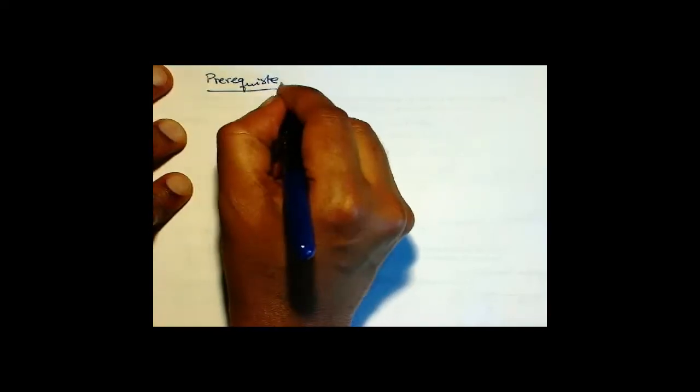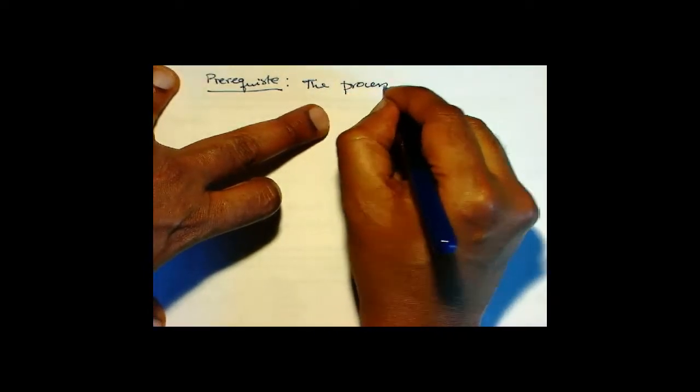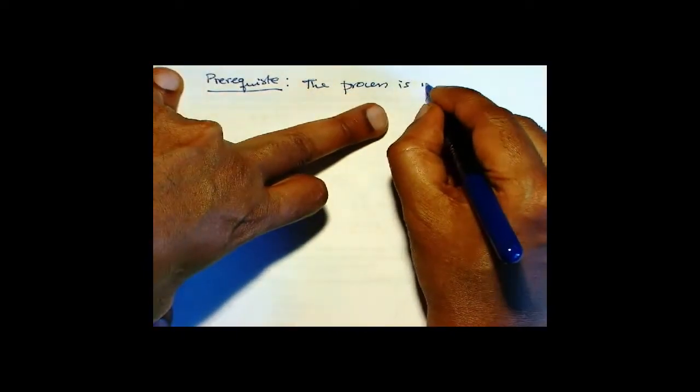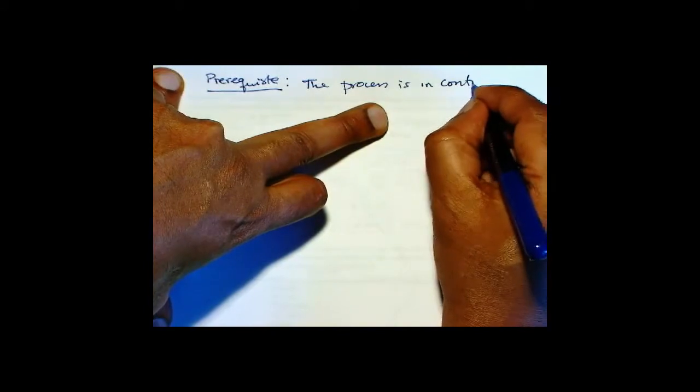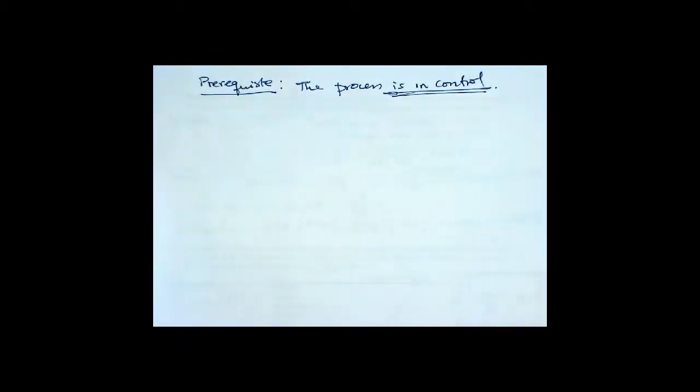Let's look at the capability index one more time. So first, prerequisite, the process is in control. So that is a prerequisite. And now let's suppose that